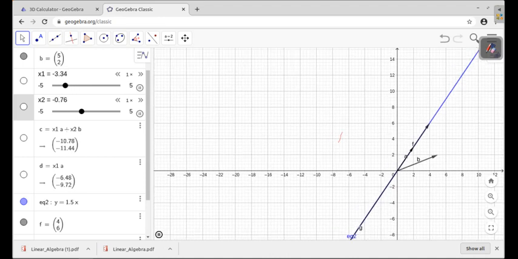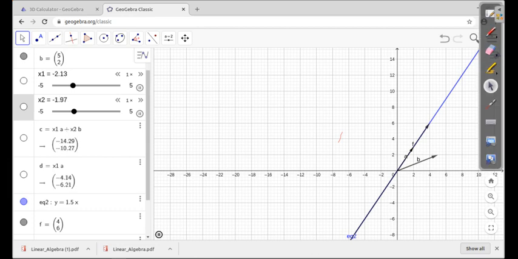It is not moving away from the line, which means this line is a vector subspace. Why is it called a subspace? Because it is a part of R2 but not all the points of R2, and it follows both: addition remains in the line itself and multiplication remains in the line itself. That is why it is called a subspace. So all the points in the line in R2 form a subset of R2, and it is closed under addition as well as scalar multiplication. So that is what we have here.